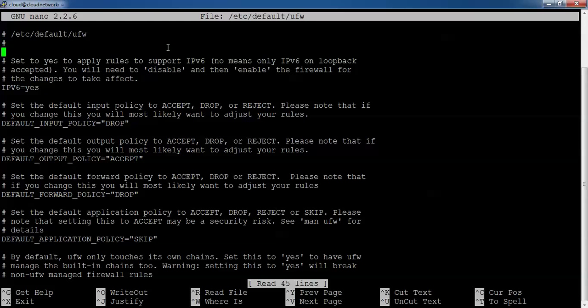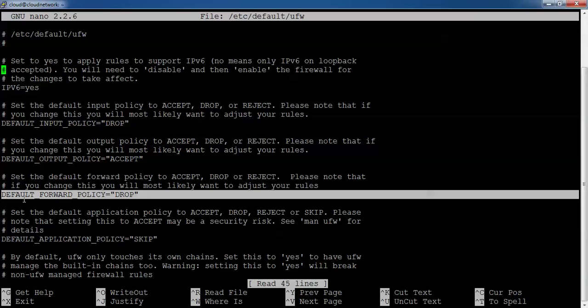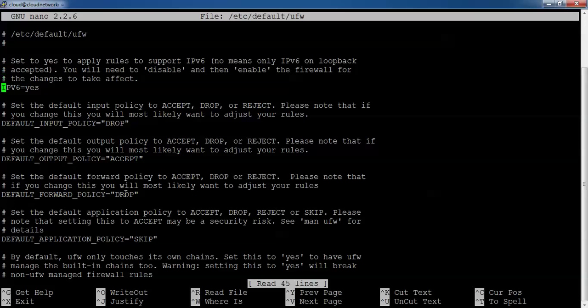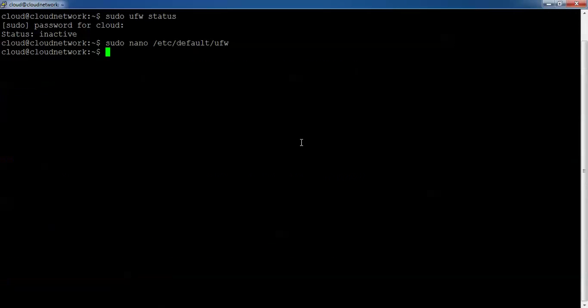So you need to find the default policy. You can see on the screen, we need to accept here. In place of DROP, we need to give ACCEPT, with capital letters. Just press Ctrl X and write save.